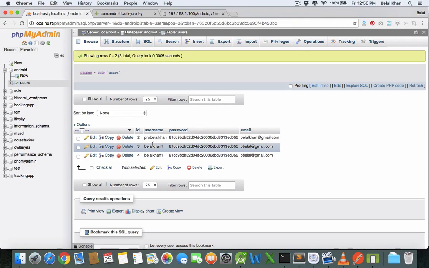remove these bugs. So this is it for now,